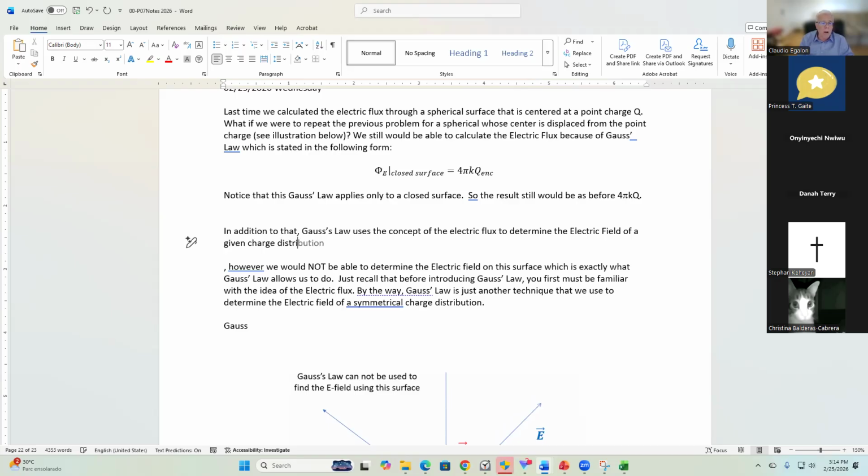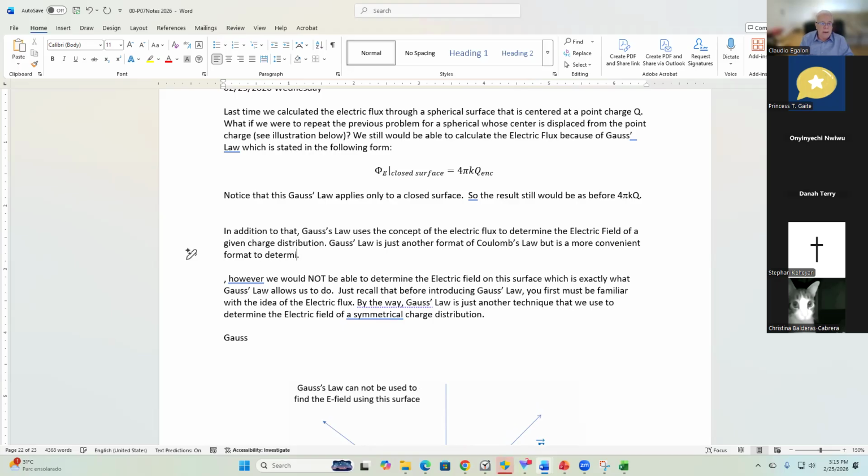That's why we introduce you to Gauss's law. Gauss's law is just another format of Coulomb's law. But even though it's another format of Coulomb's law, it's still a more convenient format to determine